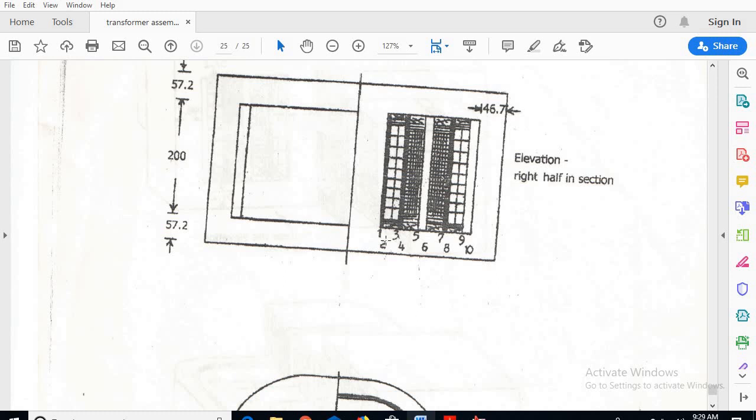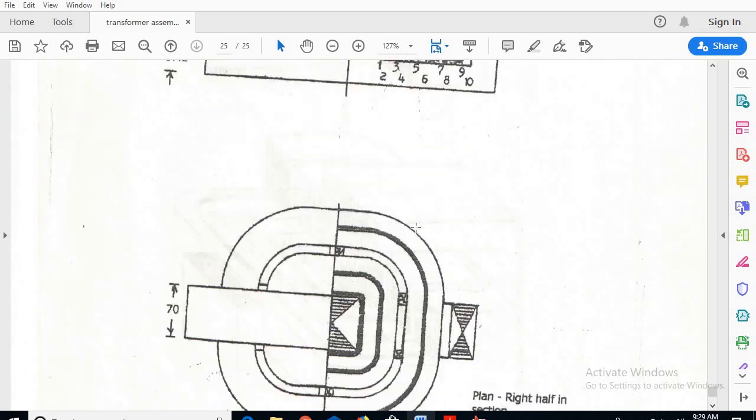Next the second will be LV winding, and next the insulation between LV and HV. The fourth one will be HV winding. Next the fifth one is the duct, that is a layer. So there will be two layers, this is one layer and this is the second layer. Next the sixth one will be the HV coil windings. Next seventh will be the insulation. So 8 will be the windings. So 9 is the space between the outer leg, and 10 will be the outer leg dimension. So each and every dimension has been mentioned here.